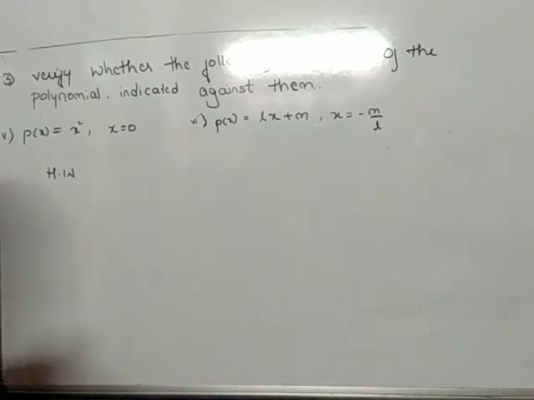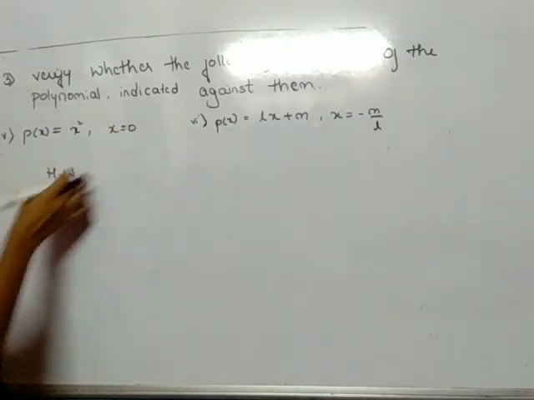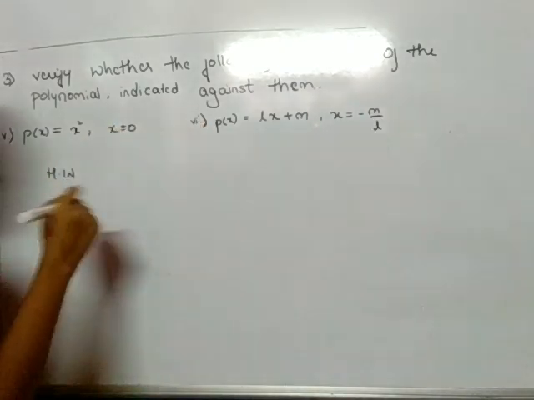Fifth problem, that is p of x equals to x square. We need to check for x equals to 0. This is homework for you, right? Then sixth one,